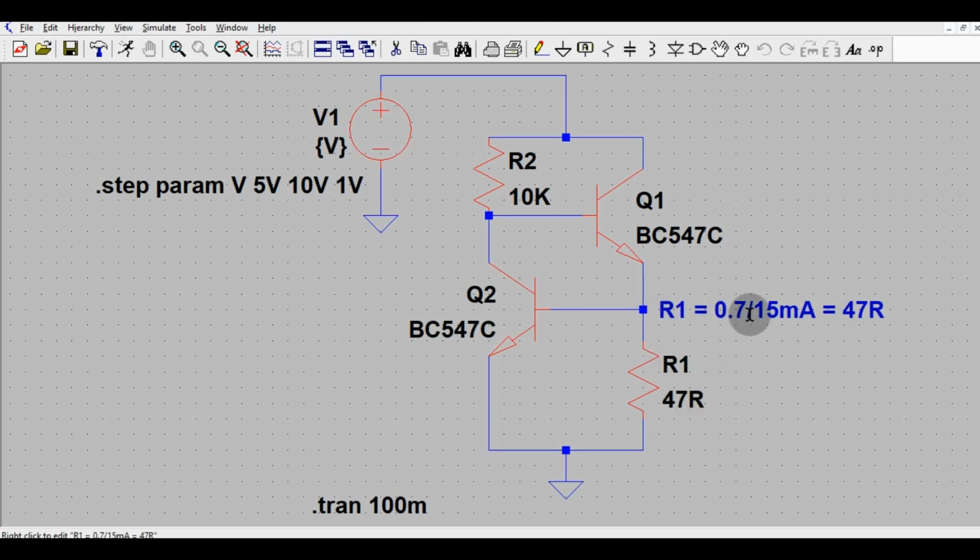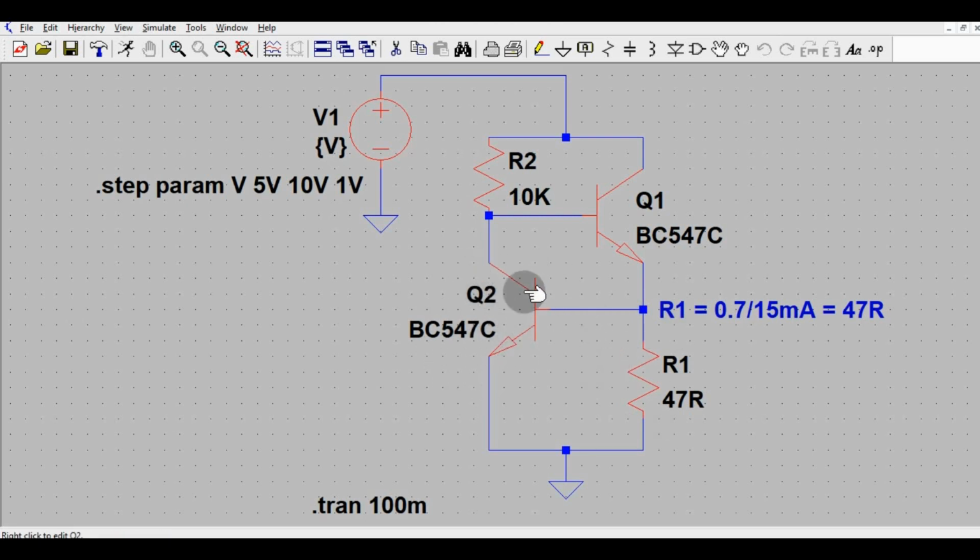Let us say when the current increases beyond 15 milliampere, the voltage drop across this resistor R1 increases to 0.7 volt, and once the drop across R1 is 0.7 volt, this transistor Q2 gets turned on, right?